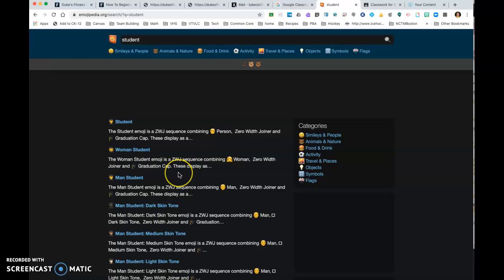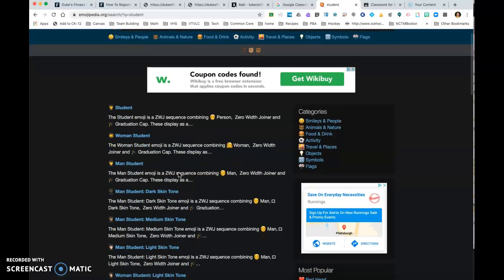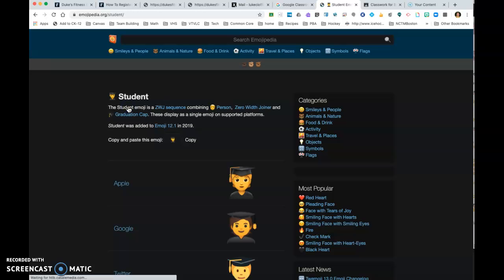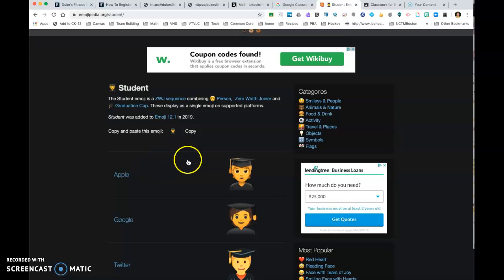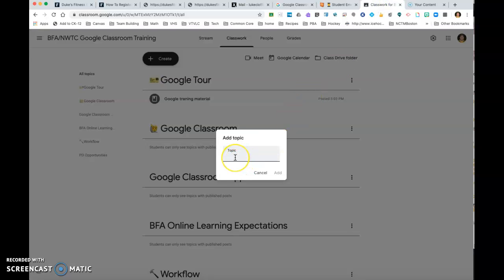And then there's a bunch of different things here that you can put in. I'll put a student with a cap and gown. Oh, there's different versions. Nice, even better. But you just hit copy here. It's copied. I go back to my classroom, paste it in there, and then I can say